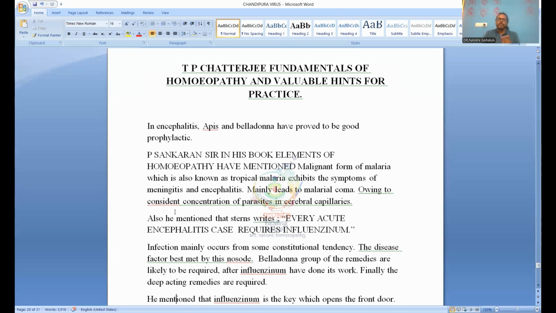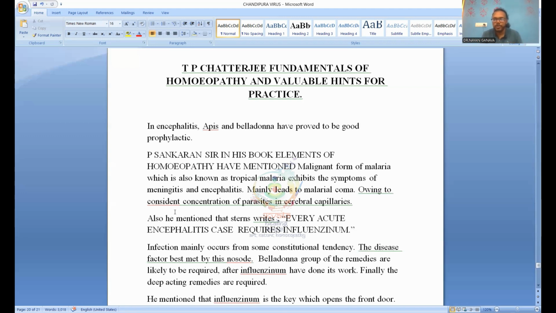So first thing, what I personally feel is Apis and belladonna can prove to be good prophylactics. But we'll see further and then I'll tell you what I feel can be the most promising